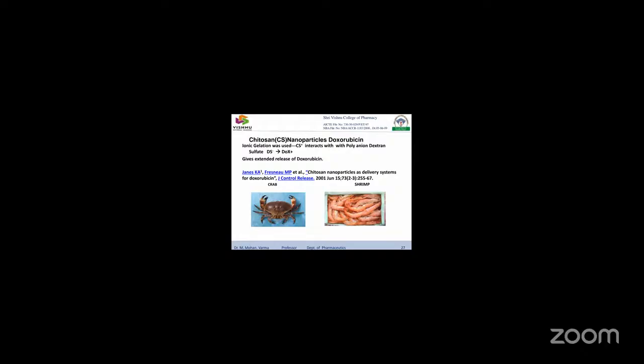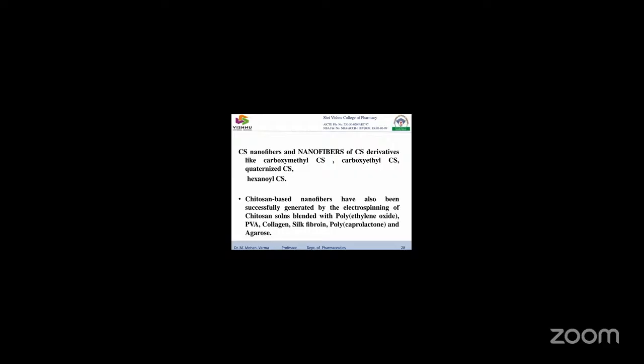Next, if you take chitosan, when a nano formulation has been prepared by employing the anti-tumor drug doxorubicin, here the ionic gelation technique was employed. Chitosan interacts with the polyanion dextran sulfate. It gives extended release of the anti-tumor drug doxorubicin. Chitosan nanofibers,